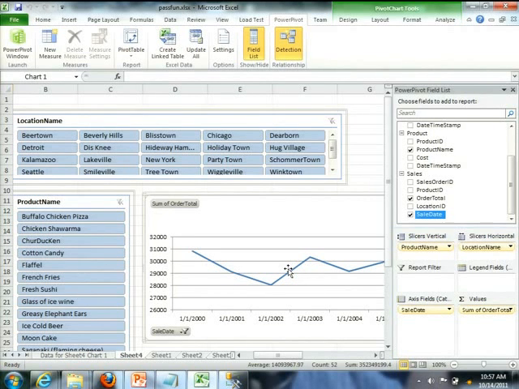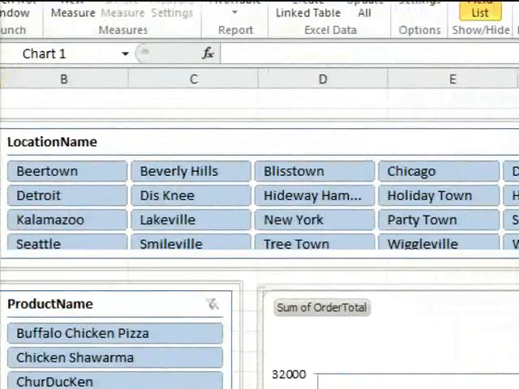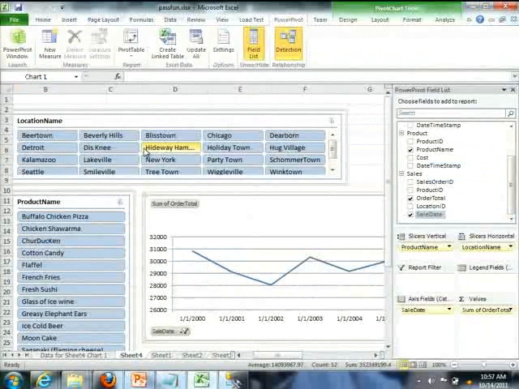So let's filter the data and change some selected fields. We're going to click each slicer, which are these things that we've created up here. These little ovals, right? To filter stuff. So if we click on Wiggleville,